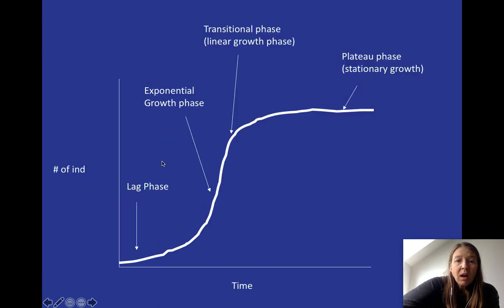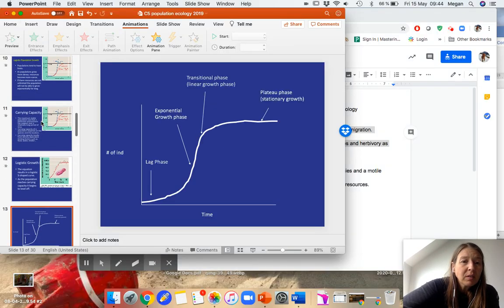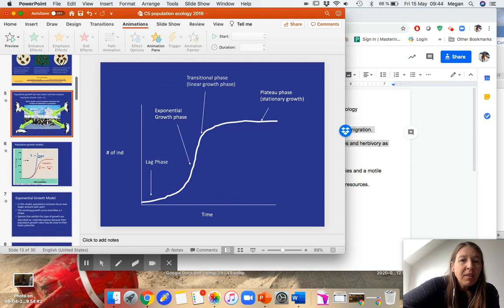Okay, so you need to be able to talk your way through the different phases of the exponential growth curve. So I'm going to show you all the things involved here. And when you're doing this, you have to consider natality and mortality. So actually, I'm going to take you back to this slide here. This slide